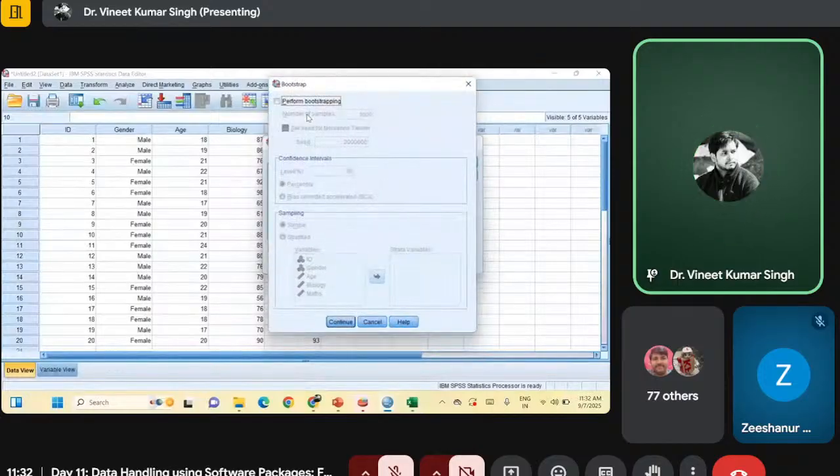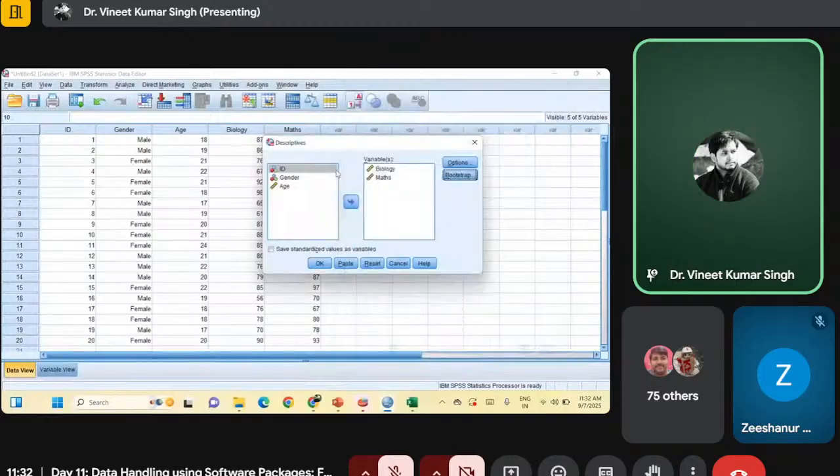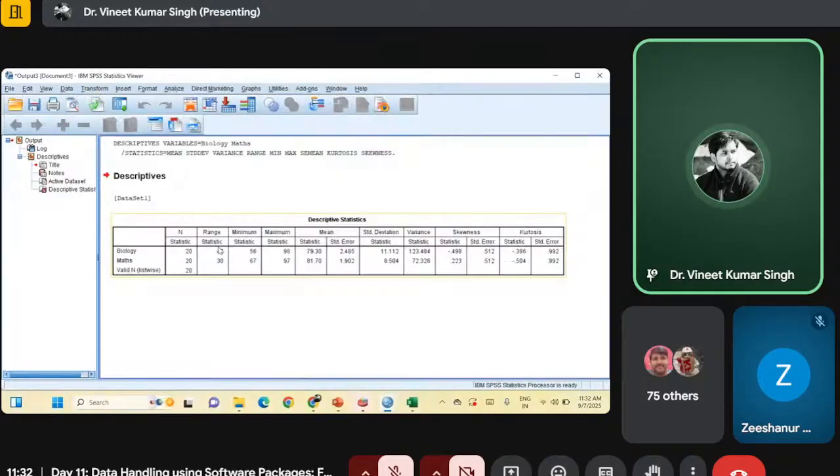It randomizes the samples. Random sampling. Running a bootstrap means that it randomizes these numbers up to 1,000 samples and then gives the result. So we do not need that. We need only for 20 samples, and then we say OK. So it will give everything: range, minimum, maximum, mean, standard deviation, variance, skewness, and kurtosis values from